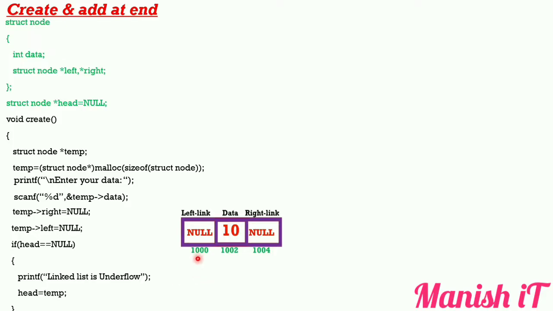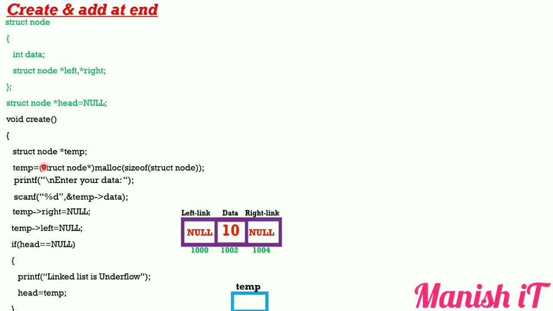Now I have already said how to write this. Where is temp? See, whenever this node is created, at that same time one temp variable is created, because I have already declared it at the beginning of our create function. Temp is created at that time with the malloc function, and what is malloc? It creates one data part and two link parts, that is, one node. That node is stored in temp.